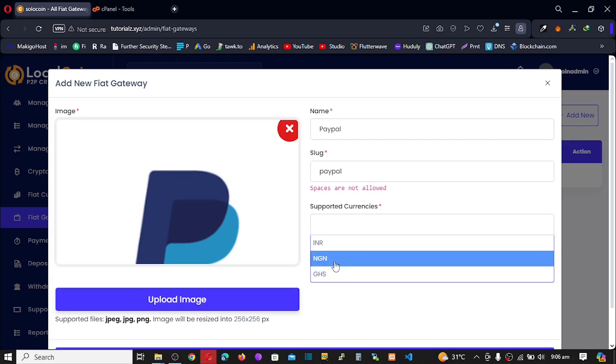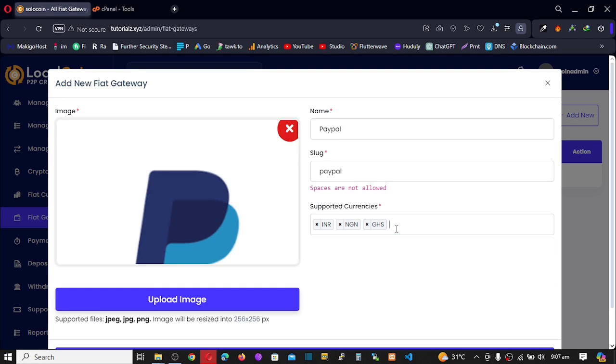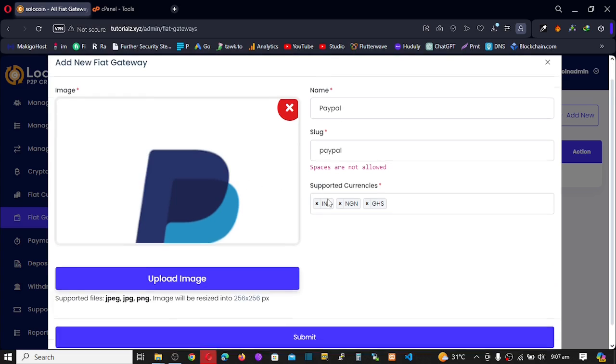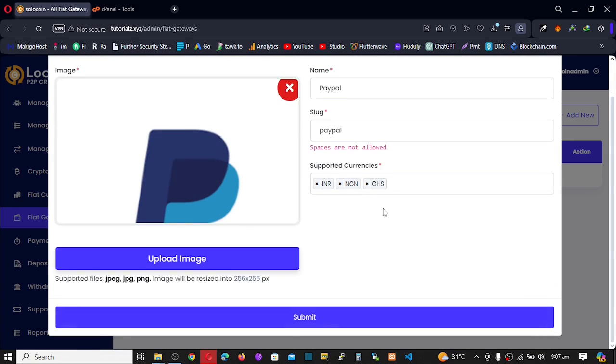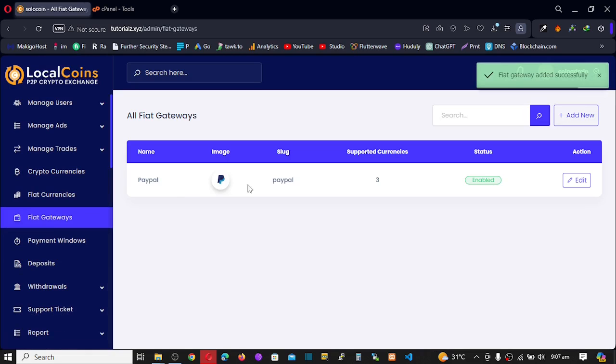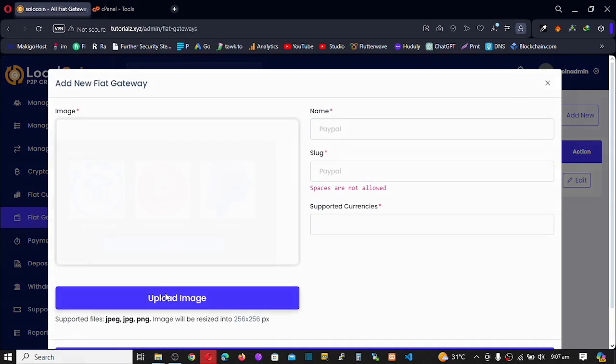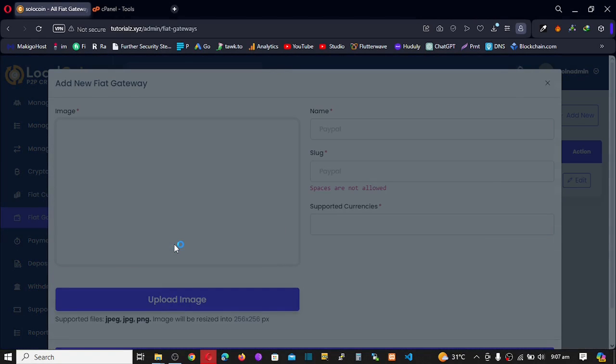So pick our supported currency. So maybe all. And then click on submit. Make sure USD is also part. Okay, so just go back and add USD. After that, click on submit. So you repeat the same process for your other payment gateways by click on add, upload, choose file,